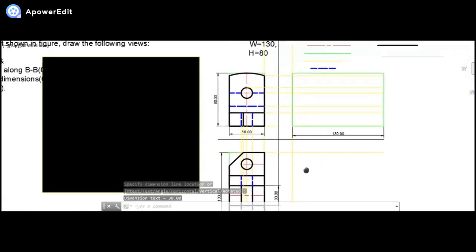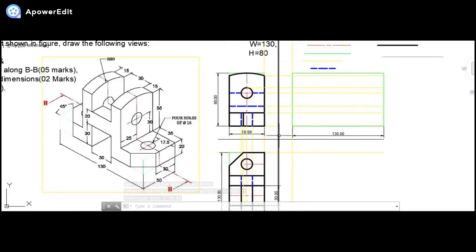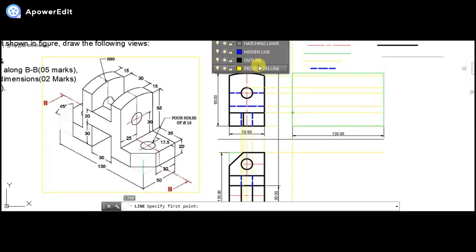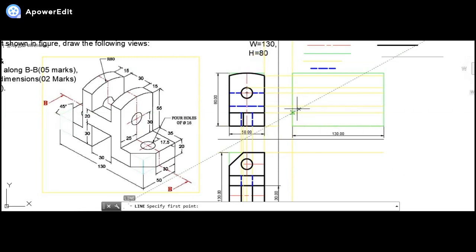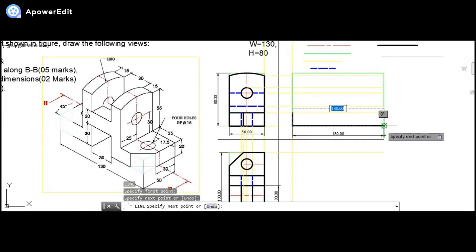Okay, so now proceeding for the side view. One by one, as you can see, what do we do for the side view? The edges that we are going to see are from here till here. The entire bottom I can draw as of now, and I can complete it till here.